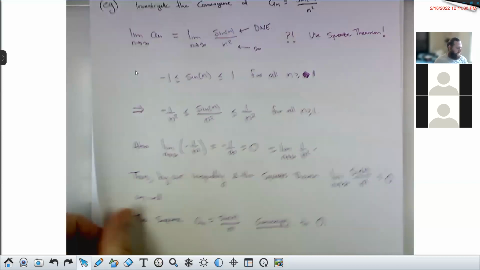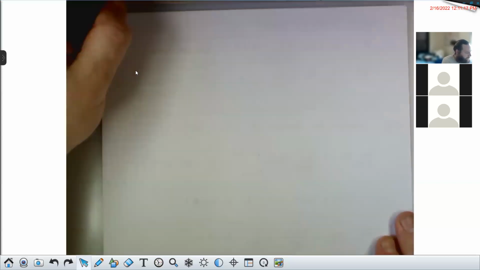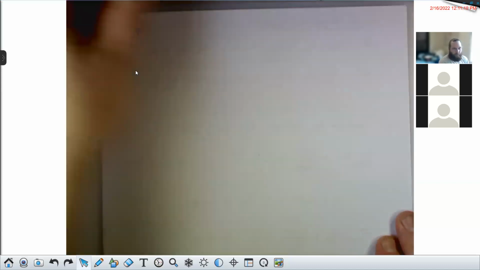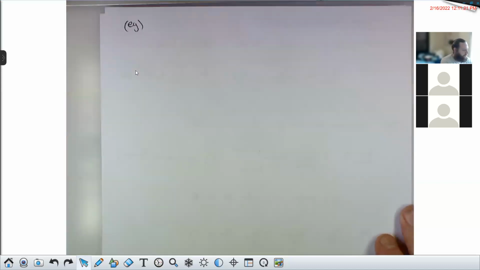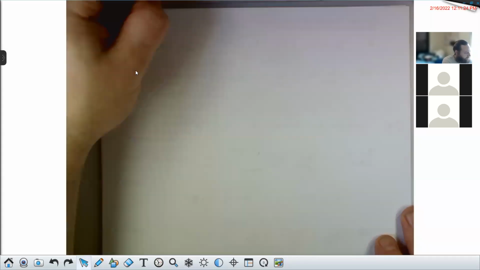Yeah, so that sequence converges to 0. I'd like to look at another example now. And this is one where we could use the squeeze theorem, but I'm going to give you a simpler tool to use in certain special cases. So let's